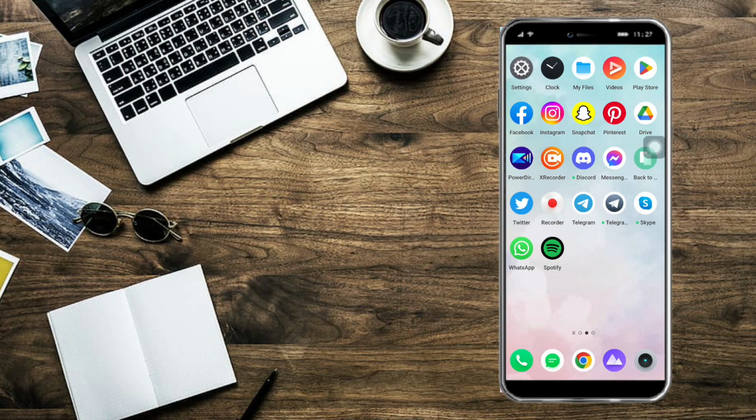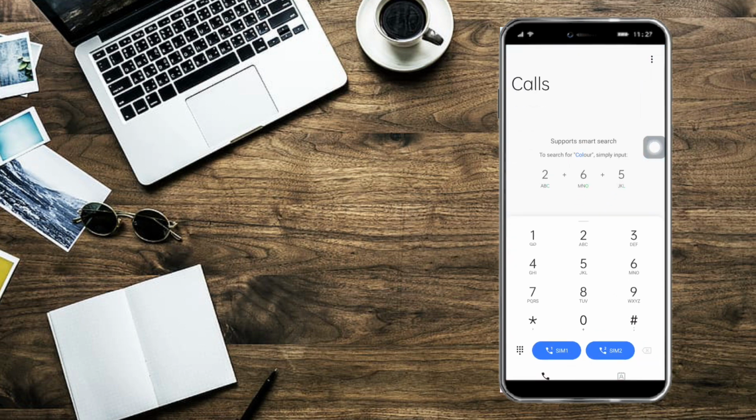So in order to do that, you just need to head over to your phone right there and then type in asterisk hash 61 hash, and then just click and dial that and you will see a number. So typically the number is 61101, and then after you get that number, then what you can do next is